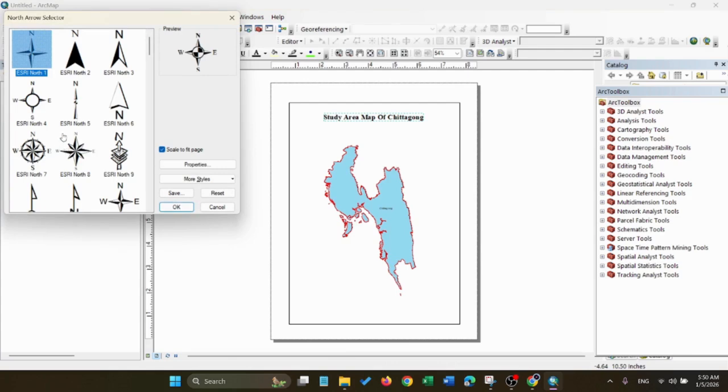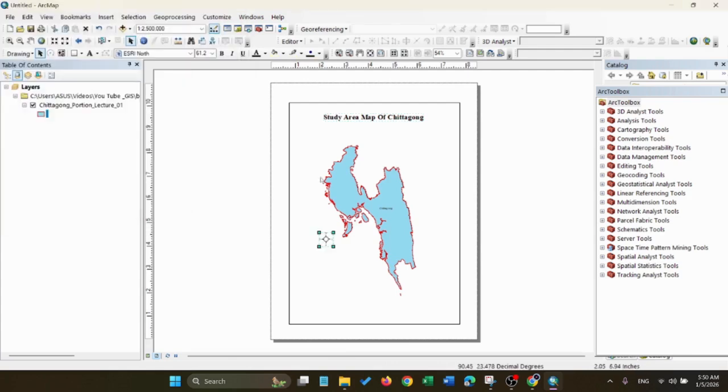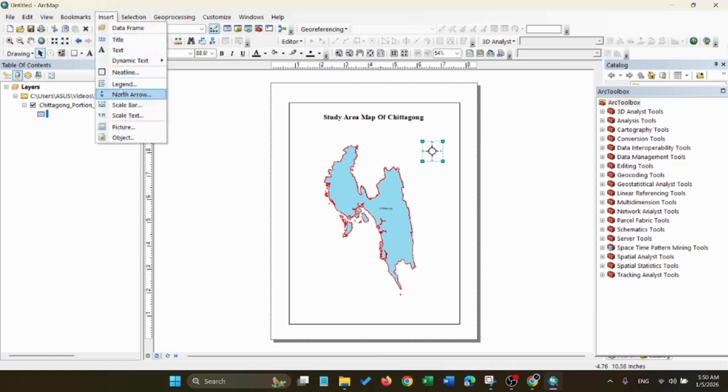Then I add north direction. Here it's north 4 I select, and then definitely you can change the location of the north direction and increase the size also. Then I add